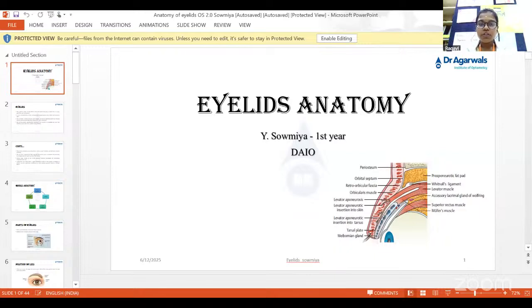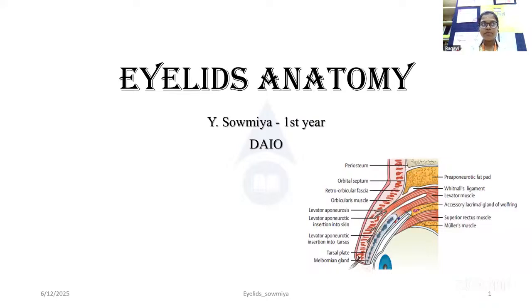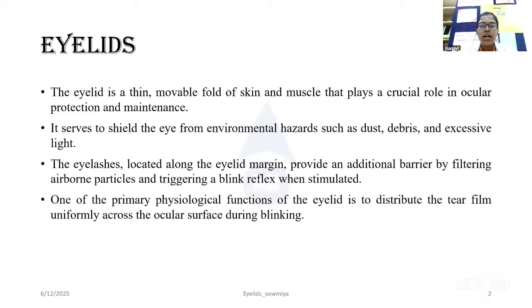My topic is about anatomy of lids. Eyelids. The eyelid is a thin, movable fold of skin and muscle that plays a crucial role in ocular protection and maintenance. It serves to shield the eye from environmental hazards such as dust, debris, and excessive light. The eyelashes located along the eyelid margin provide an additional barrier by filtering airborne particles and triggering a blink reflex